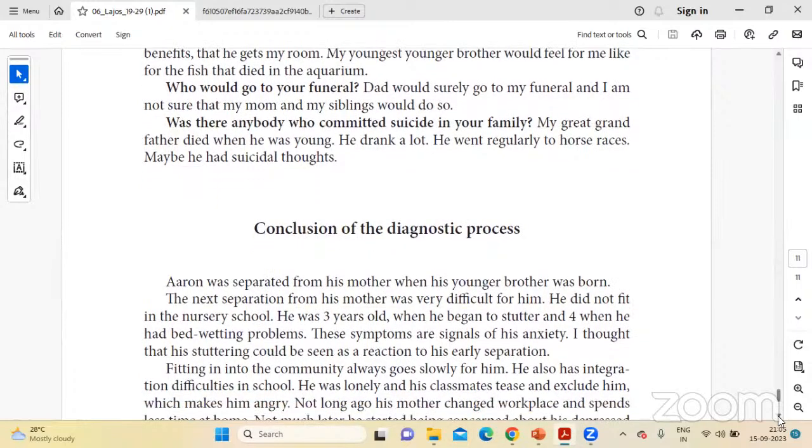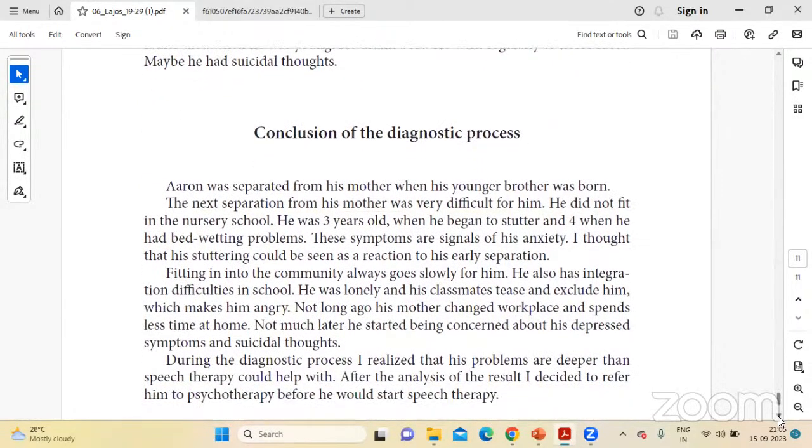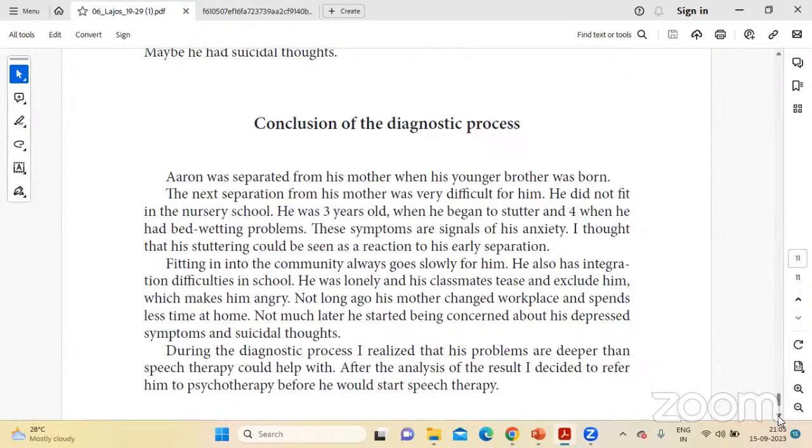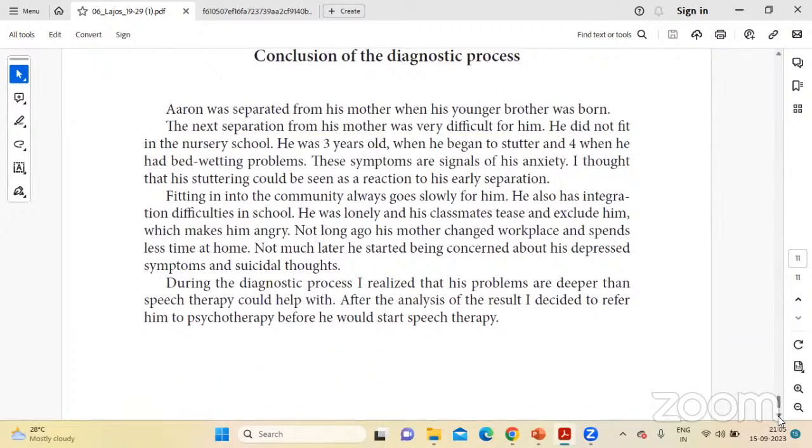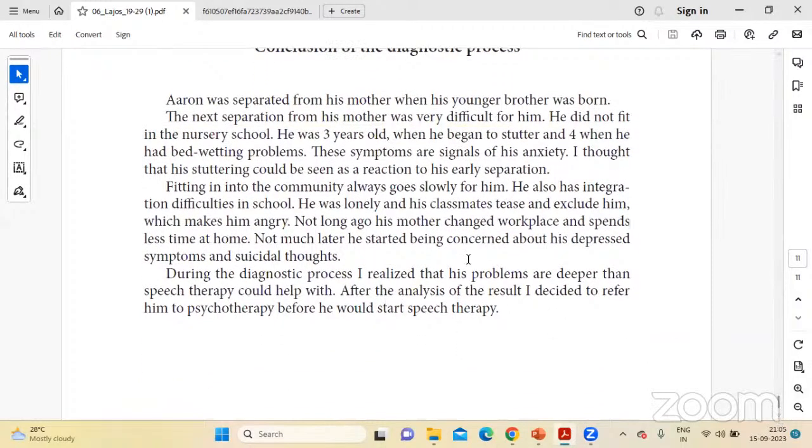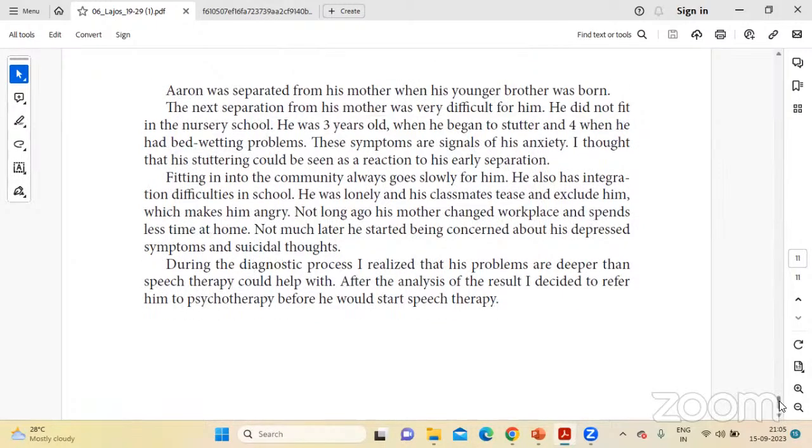Then finally the conclusion of the diagnostic process has been presented in this part. This is a description of the entire problem which the researcher realized from understanding and combining all the findings together. Definitely it's not the best example that we have for